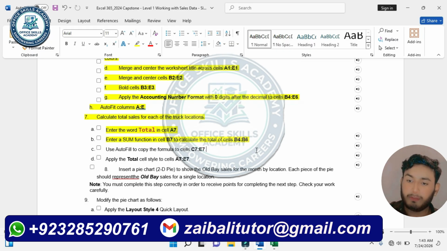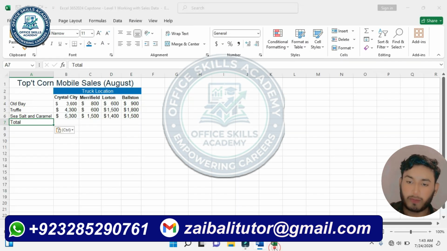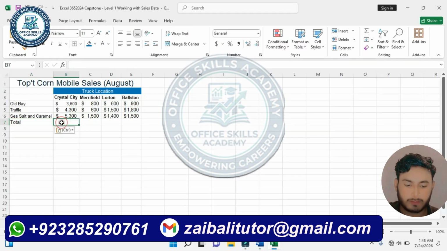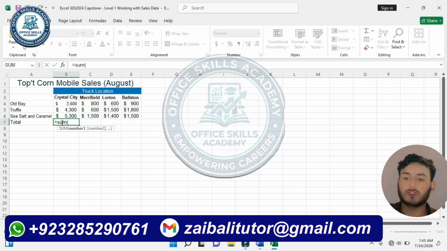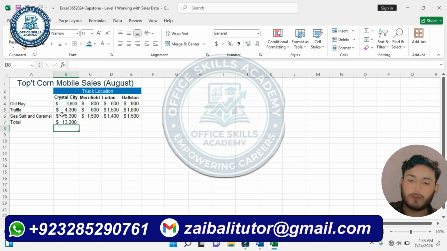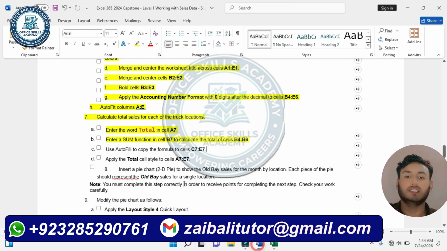So on our Excel worksheet, in cell B7 we put the sum function and the first value is B4 to B6. Press enter. So I have calculated the total of Crystal City, and now also